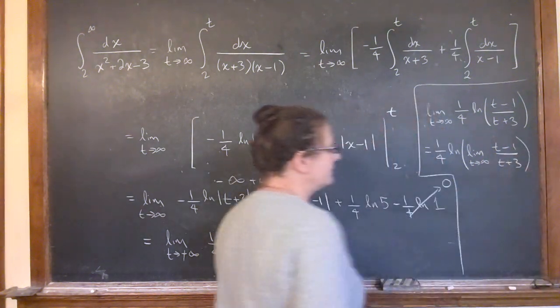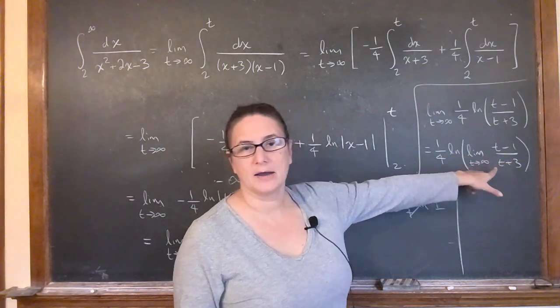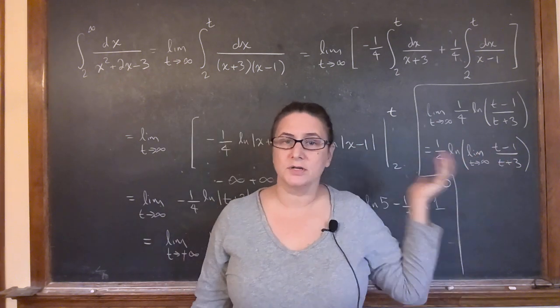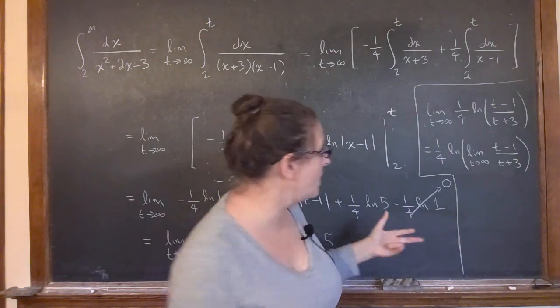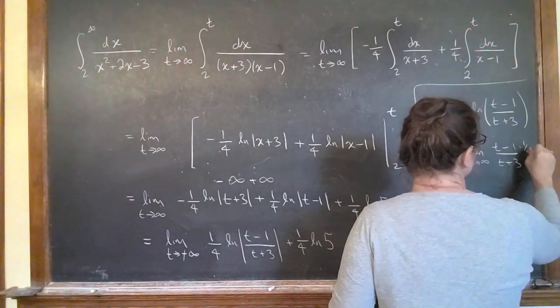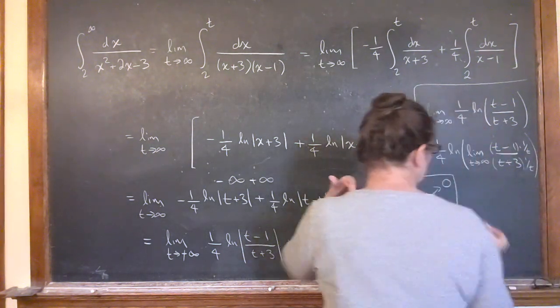And then I just have the limit of this guy, which is a rational function. So what do I do with a rational function? Limit of a rational function, I divide top and bottom by the highest power, right? So that would mean 1 over t and 1 over t. So I get